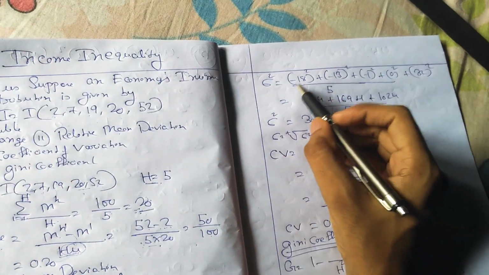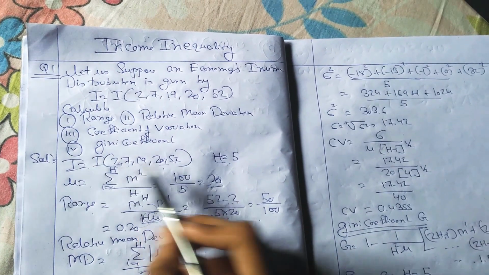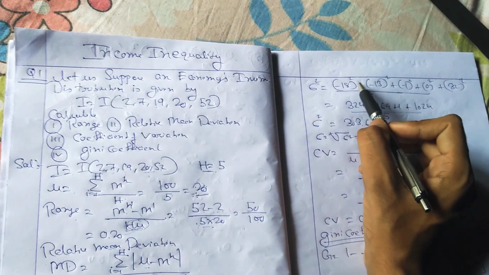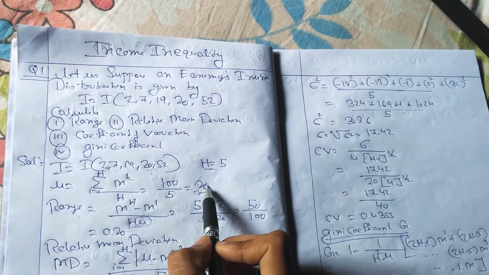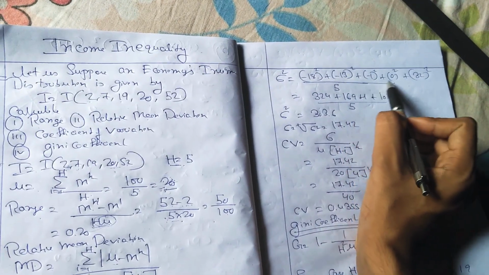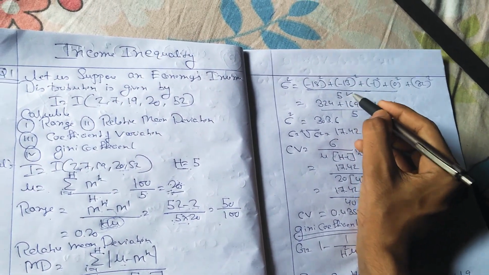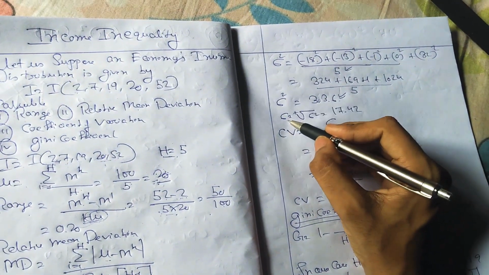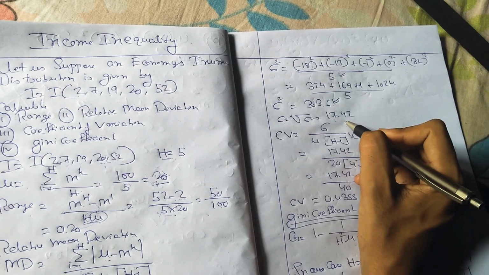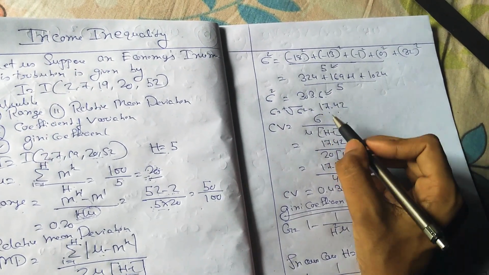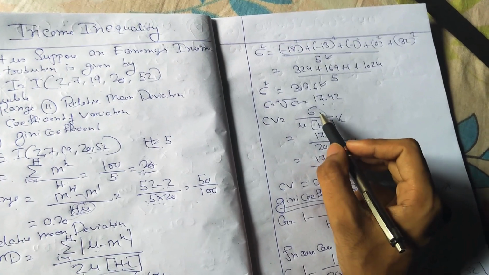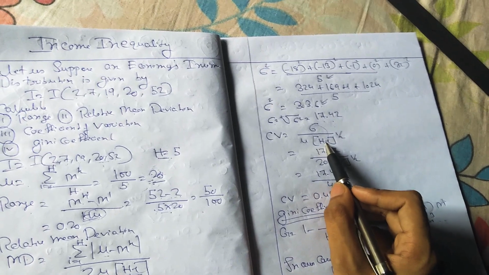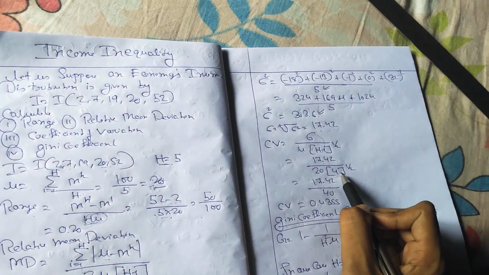Calculating the variance, you take the deviation of each income from the mean income and square it. That is 2 minus 20, 18 whole square, 7 minus 20, 13, 13 whole square. Doing it similarly for the others, divided by the total households, you will get 303.6. Sigma is the positive square root of sigma square, which is 17.42. And this is the coefficient of variation formula: 17.42 divided by mu, which is 20, times H minus 1, where H is 5, so 5 minus 1 is 4, 4 to the power half.